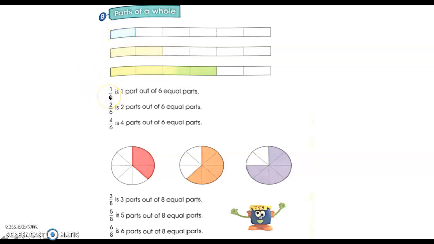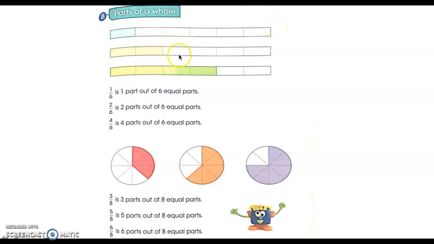When we interpret this one, when we understand this one, this means one piece out of 6 pieces. So 1/6 means one piece or one unit out of 6 pieces. So the 6 piece is the whole, right? So the 6 piece is the whole and we are taking one piece, so that means one part out of